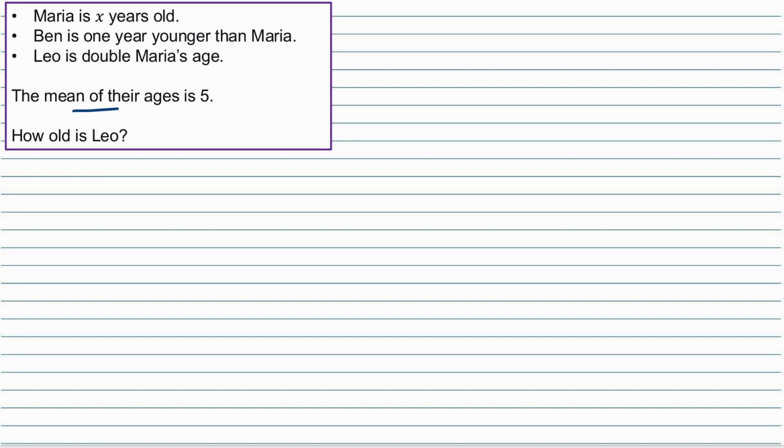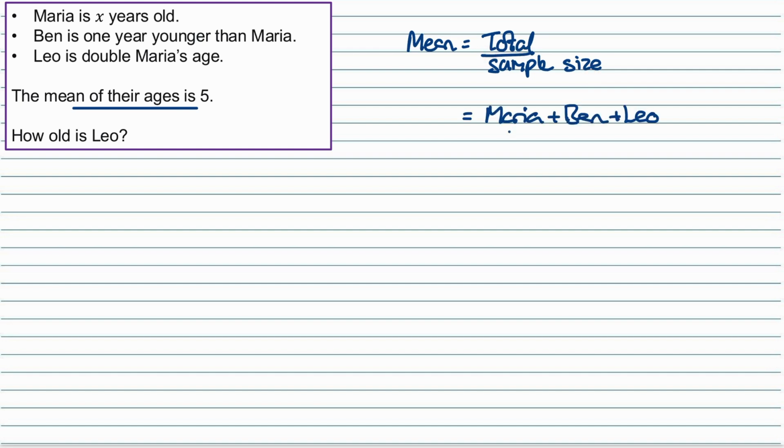So the mean of their ages is 5. We know the mean is the total of the data divided by the sample size. So to work out the total, we need to add the ages for Maria, Ben, and Leo, and divide that by the sample size of 3. And we're told that this is a mean of 5. And we're told that Maria's age is x years old. So if we substitute this x into here, then Ben's age,